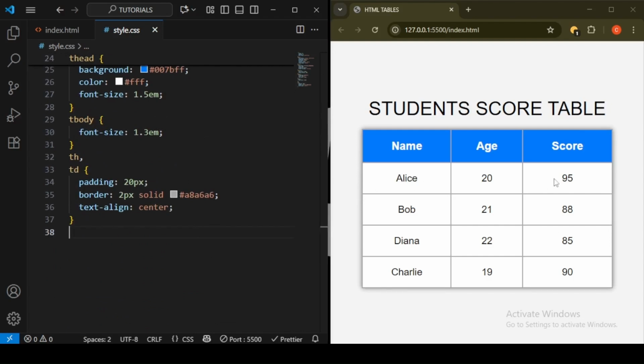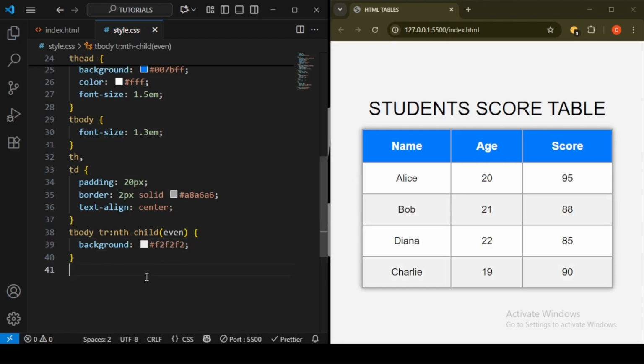Now we can change the background color of individual rows also. So let's change the background color of the second row inside the body, this second row for Bob and the fourth row. So the second and fourth rows are even rows. So in the table body, we target the table row and we use the nth child pseudo class and we target the even child, which is the second row and the fourth row. Now with this, we change the background color to a gray color,